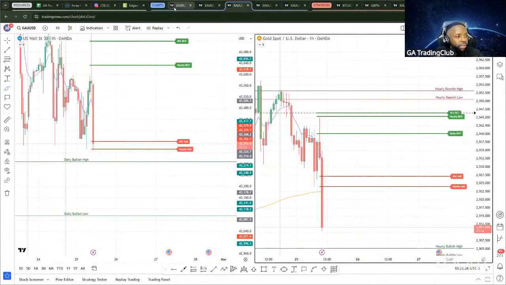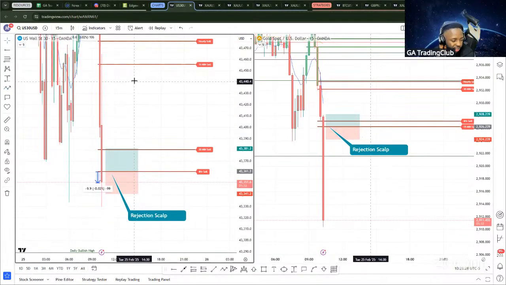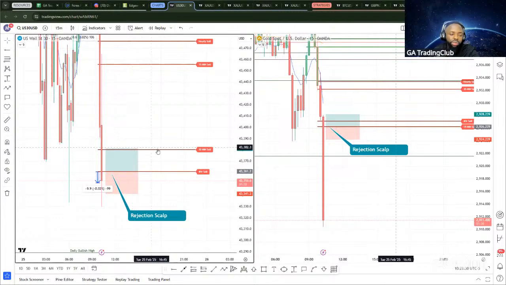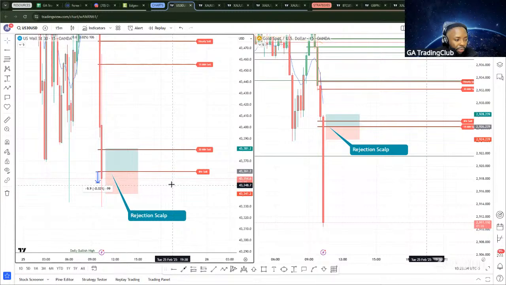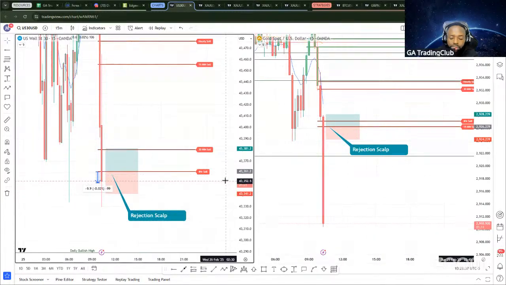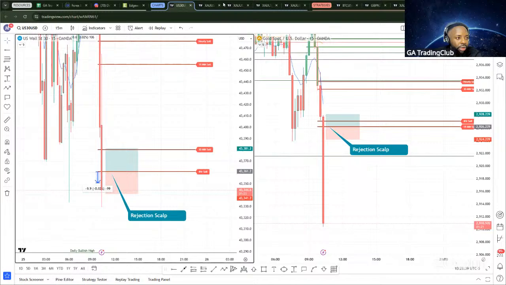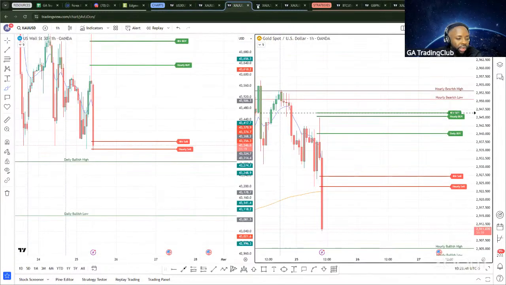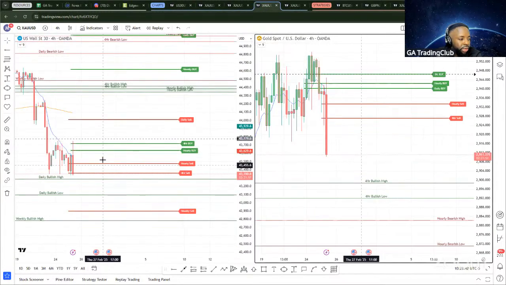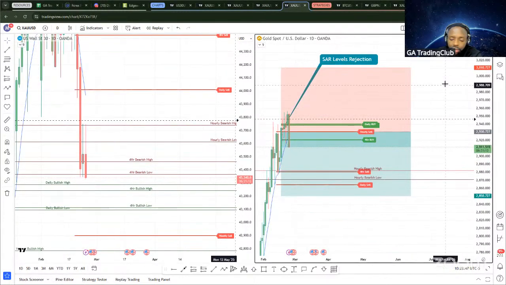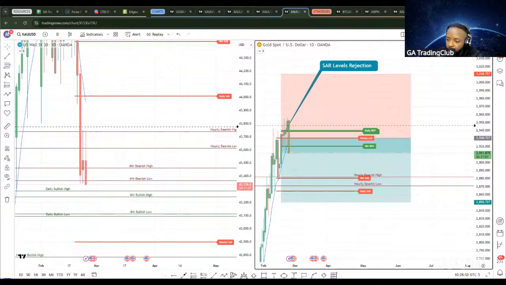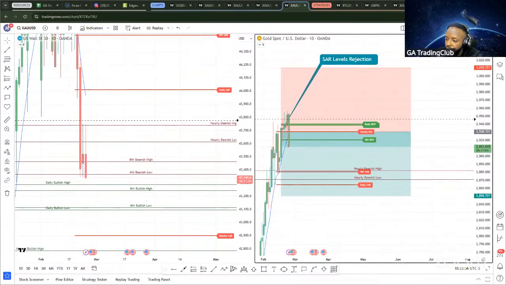unless we get this rejection scalps. And again, these rejection scalps are not official trades. They're just forward testing before we can learn how price is moving around these areas. So I don't see anything on the hourly for gold and US 30. I don't see anything on the 4 hour. This daily trade is running in profit, so at least there's that. But other than that, I really don't see anything else